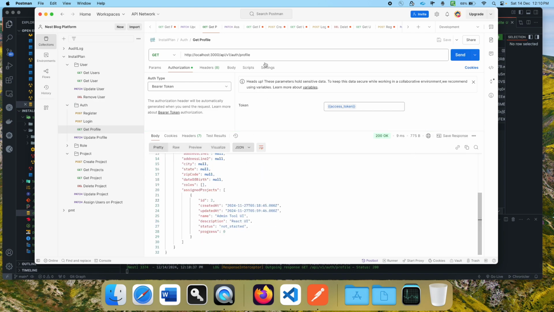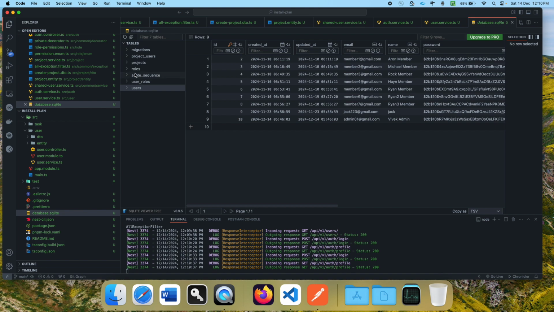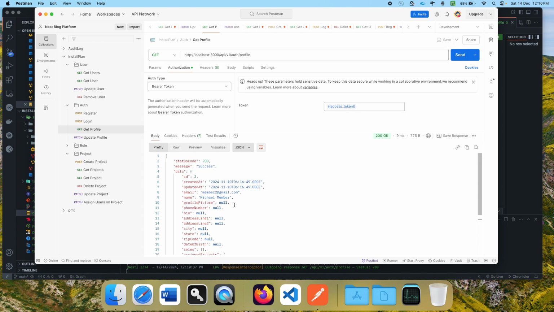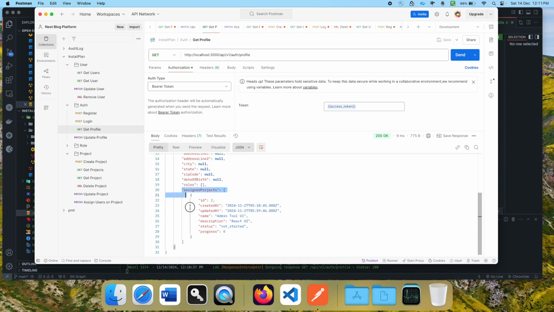Instead of guessing 1 and 2, I could have gone to this database in project users, and if you noticed, most of the user IDs are 2, and there's just 1 row for 3. So for user ID 3, there's 1 project associated. What I'm trying to say is, let's say this user has just 1 project, he's part of project ID 2, but